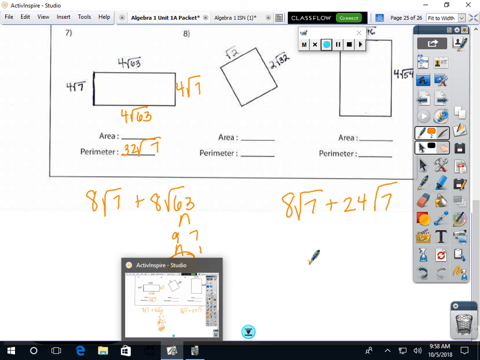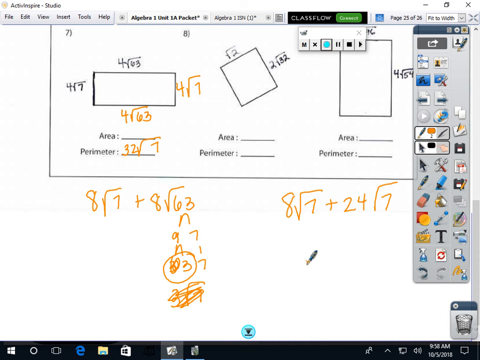I know that was fast, but does it make sense to y'all how these work? We'll work a few more on the review sheet, which I'm about to give you. You are going to have 6 nights to work on this review sheet. There's 25 problems, so if you just do 4 a night, maybe 5 one night, then you will have